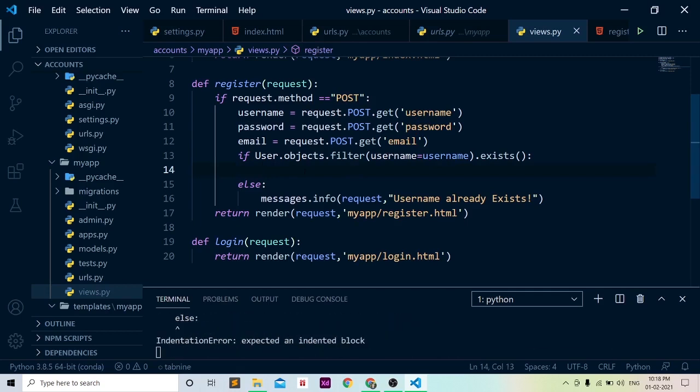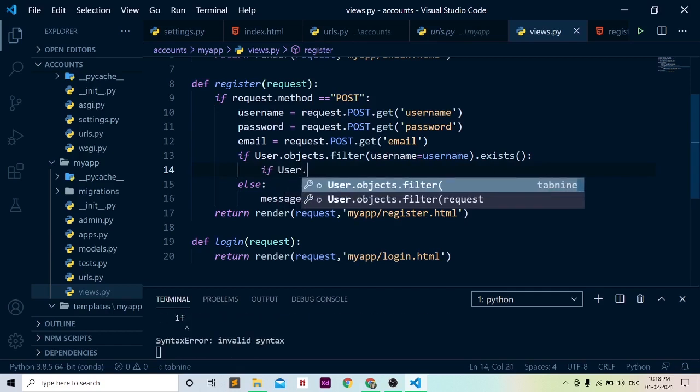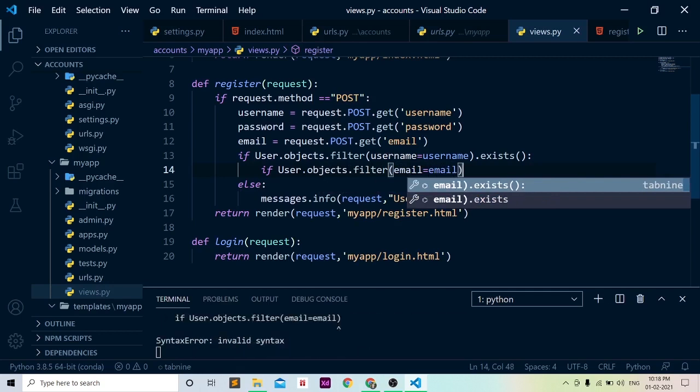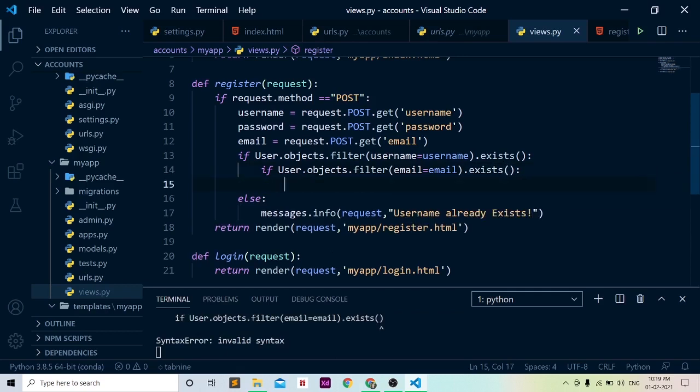Do we have to check whether the email already exists or not? Yeah, we can check. So we will check another if, that is User.objects.filter with email equal to email, .exists. Something we have done wrong here. If it exists, it will return true, so we need to fire this error here.